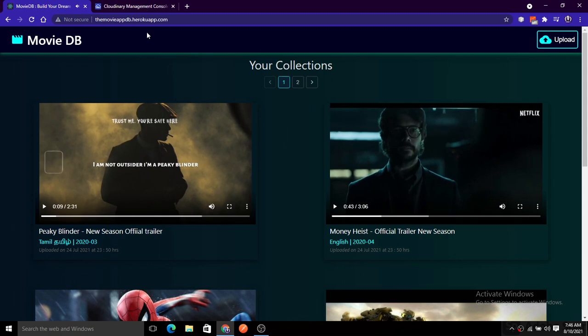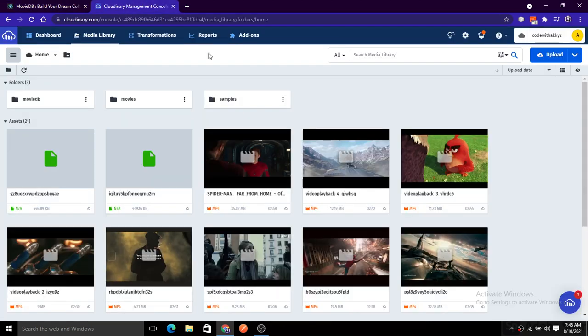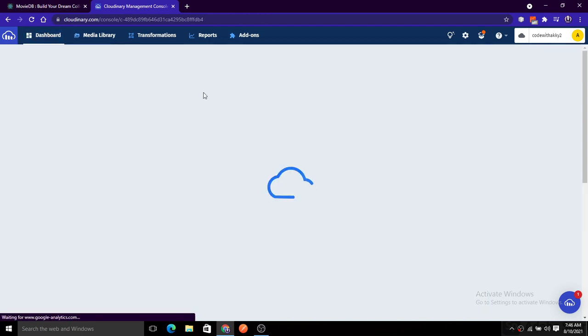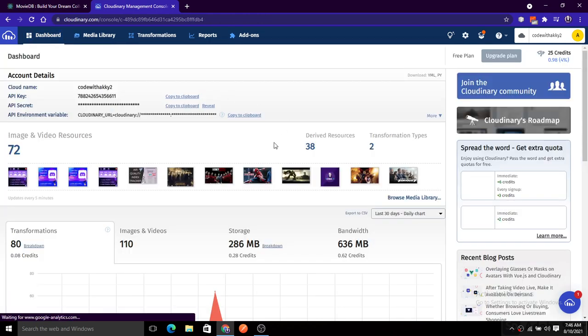So let's explore Cloudinary once. If you are new to Cloudinary and don't know how to upload images and videos on Cloudinary for our application, you guys are at the right place. You will get to learn how you can build this application. This is our Cloudinary dashboard, and if you don't have an account on Cloudinary, just create an account. It gives you 25 credits free, so you have 2 or 3 GB of storage free.